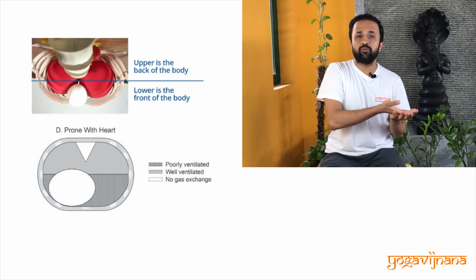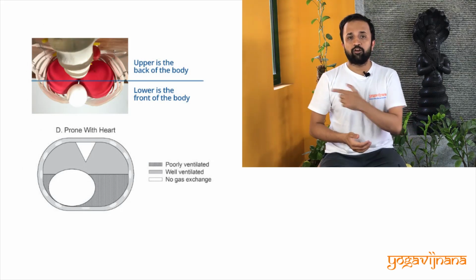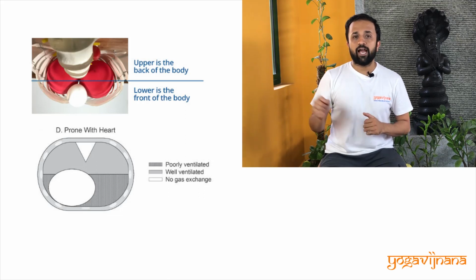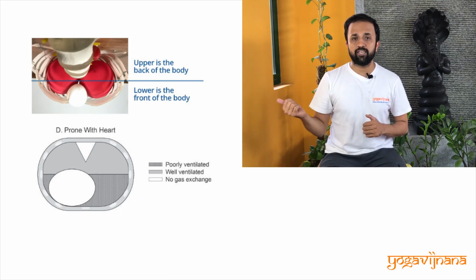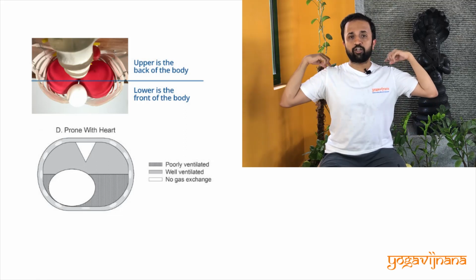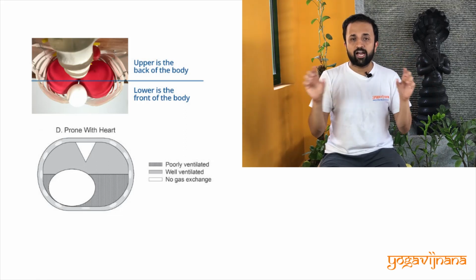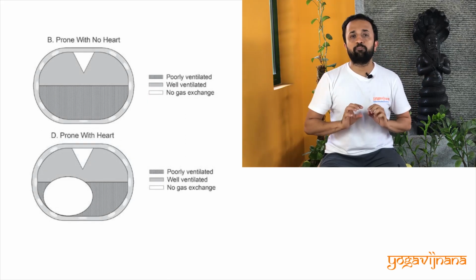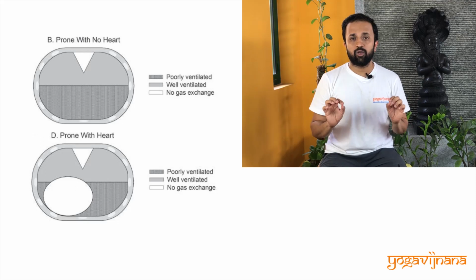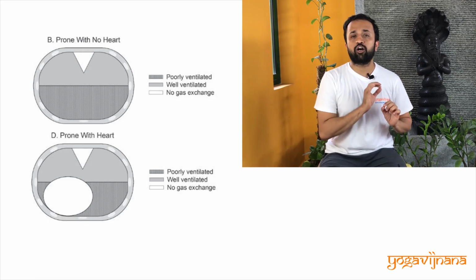Now let us invert this and go to the prone position. This is the same thing in prone position, and here you can notice the upper area, which is the back part of our body, is more ventilated and also has a larger surface area compared to the lower part. The lower part is where our heart is, and along with the heart, the entire lower part is not well ventilated or well oxygenated. This is the reason why prone position is recommended, because prone position exposes more part of your lungs for ventilation and receives more oxygen in the process.